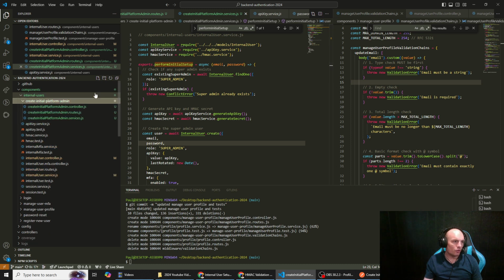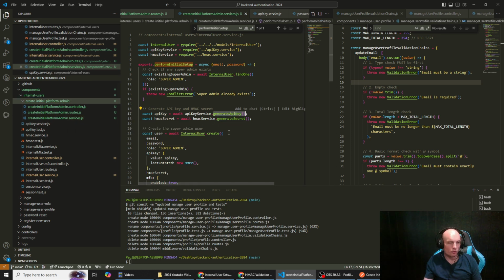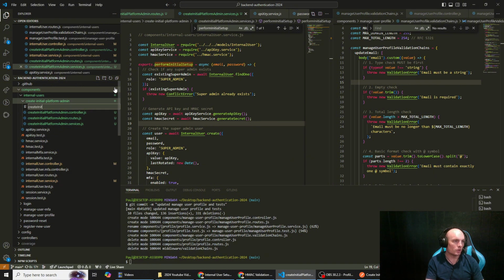So we're going to create a util folder. The way I like to think about it is controllers control the business logic, which is in the services, and the services then call these utility functions. I know it's not really a utility function because it's not being reused, but that makes logical sense to my mind, so that's what we can do. So create initial platform admin.utils.js,